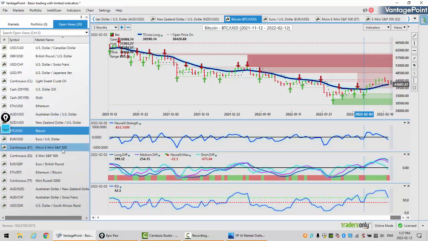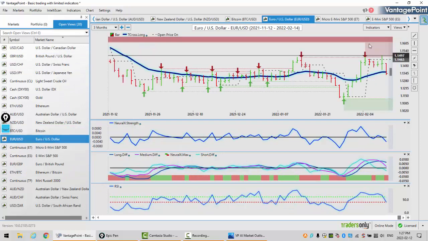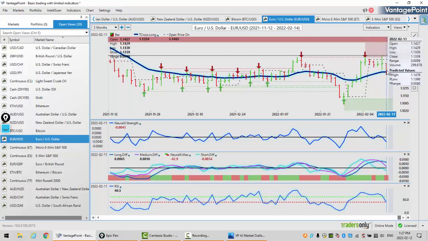Now, as we come into some of our main forex pairs, once again, building on last week's strategy, I discussed keep an eye on the weekly opening price and where we close on Monday. That usually sets the tone for the week. So again, we close below this. The market this entire previous week was trapped between the T-cross long and the weekly opening price, but with a downward bias. We can assess here using the neural index strength.